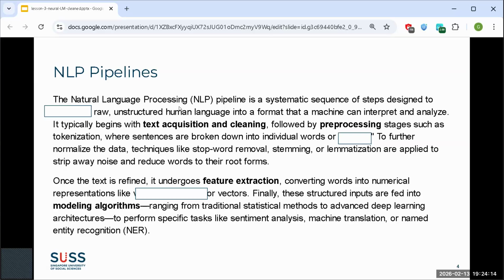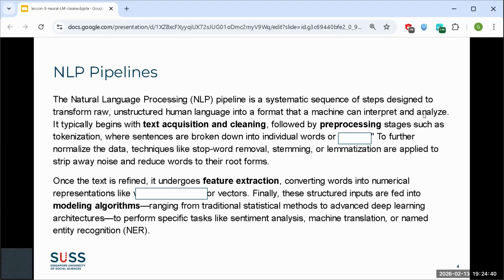lah. But you know, when we speak with people, we go back and forth and we talk to people. We have conversations. There's no columns lah. There's no way to really structure the data. I mean, I'm speaking loosely lah. That's why it's called unstructured data lah. So NLP pipeline is a systematic sequence designed to transform raw, unstructured human language into a format that machines can